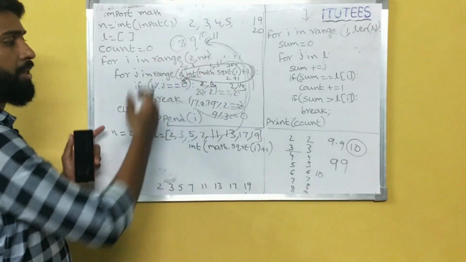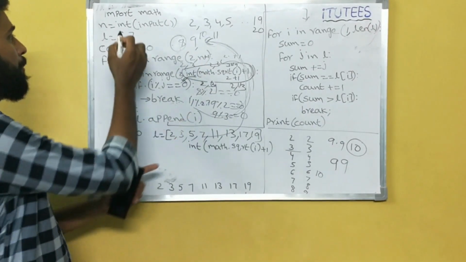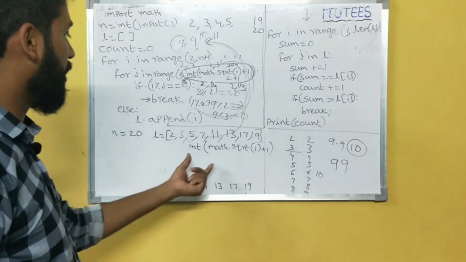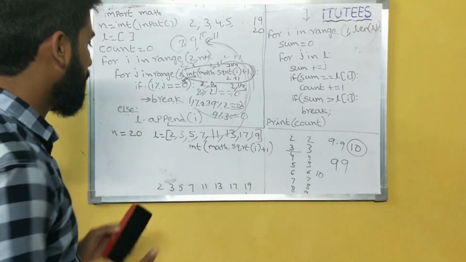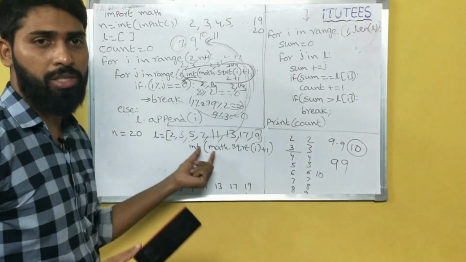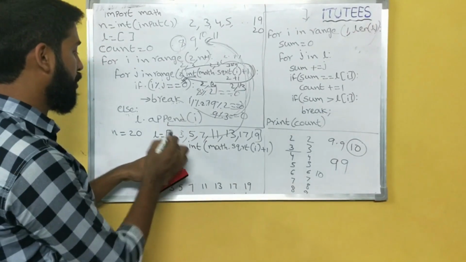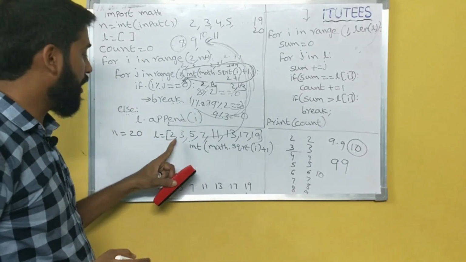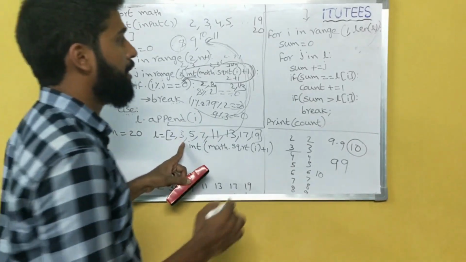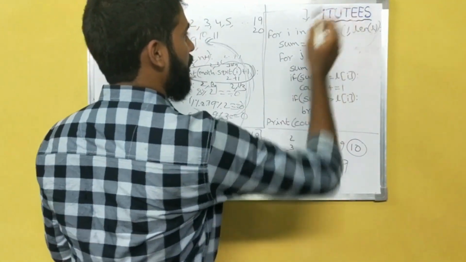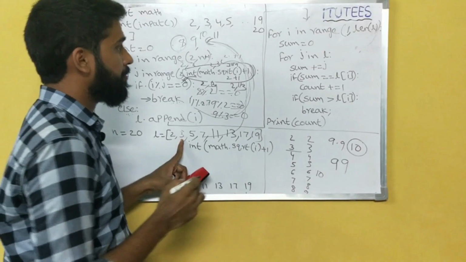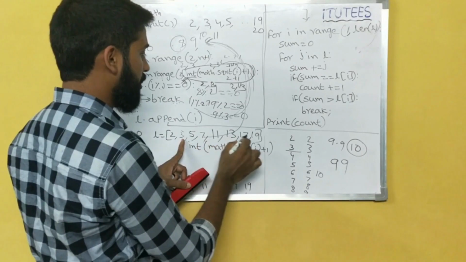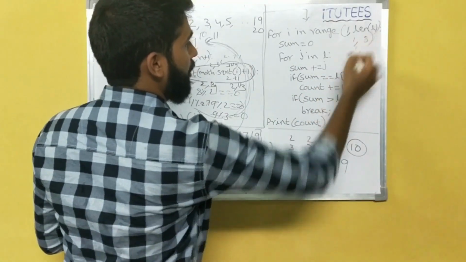I hope you all understand how all the prime numbers up to the n value are stored in the list. Now our work is simple. Simply you are going to take this L value and check whether it is a consecutive prime sum or not. For example, I am not taking the 2. Why? Before this there are no numbers. So I can start from 3. That's why the index is 1. That means I am starting from 3, in range of 1 comma length of L. Length of L means 1, 2, 3, 4, 5, 6, 7, 8. So that means 1 to 8.